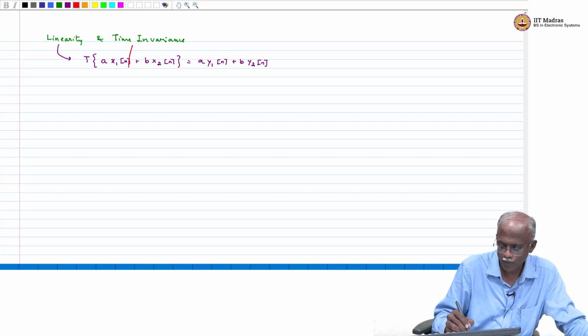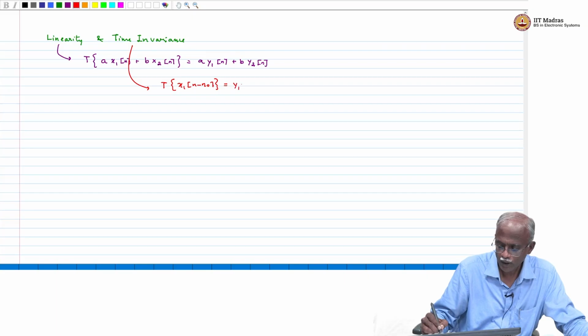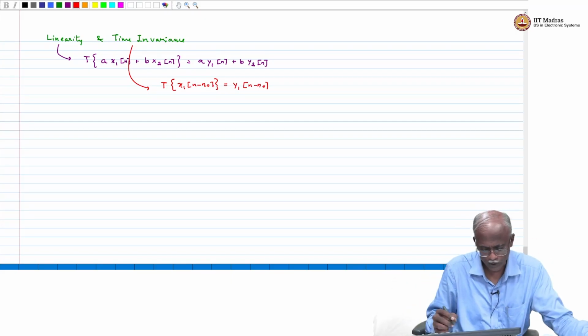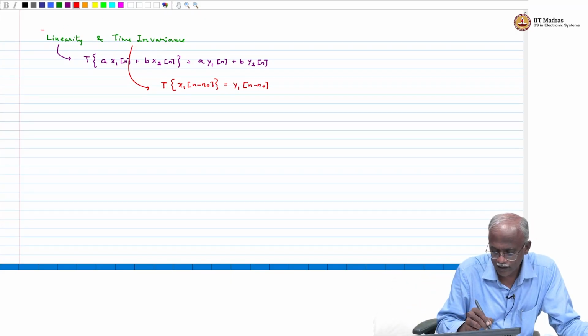The time invariance property says if I take the transformation of x1 of n minus n naught, then I will get y1 of n minus n naught. Of course, if it is a linear system, scaling will also work. So, if I look at systems that satisfy both these properties